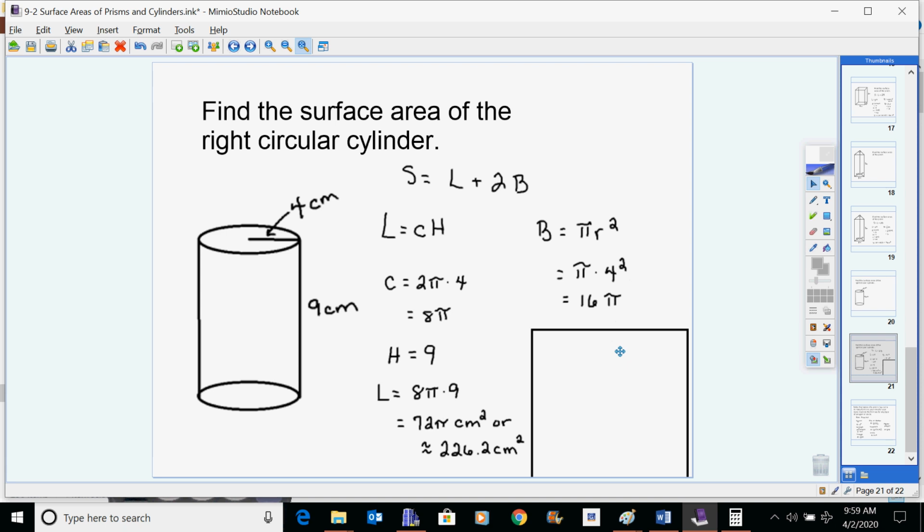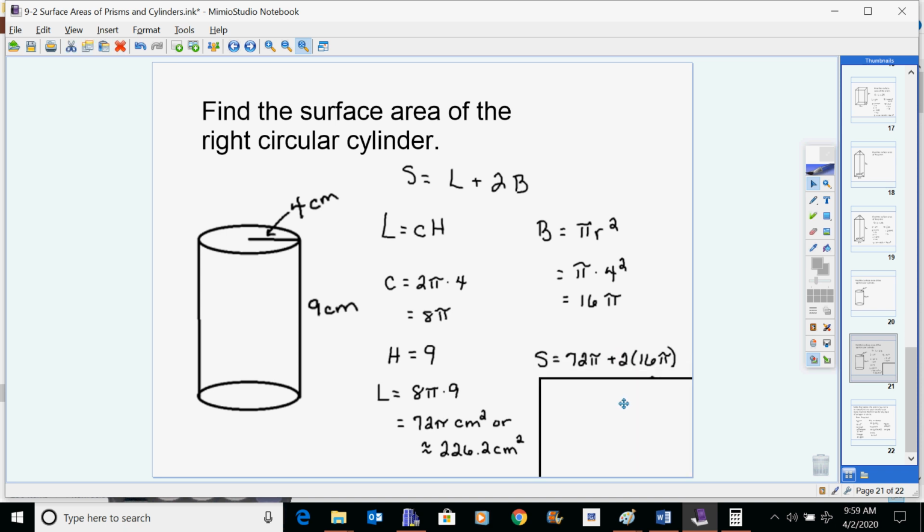So we have 16 pi here. But we have 2 of them. So I'm using my 72 pi format for this. You could use either. I have 2 of those 16 pi's, which gives me 104 pi square centimeters for my